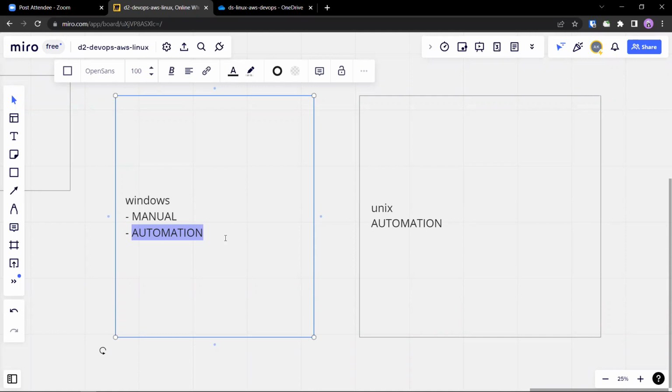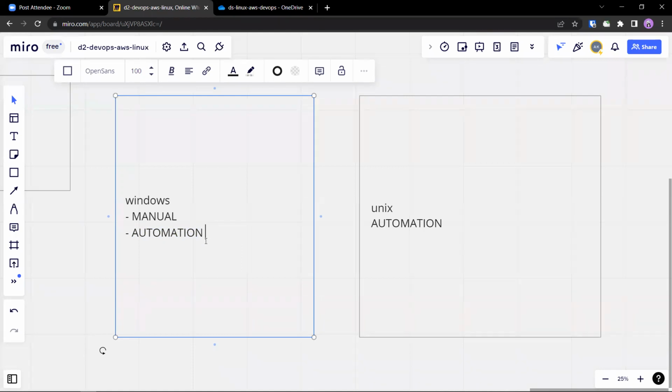Can that machine be a Java program? Can it be? Is it possible? Can we use a program to automate something?